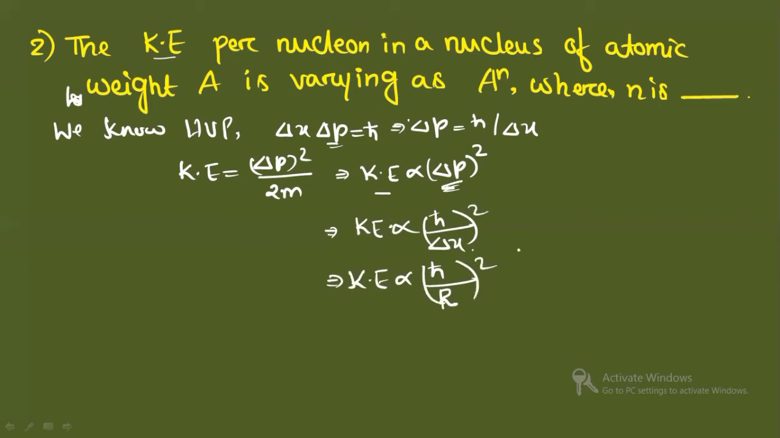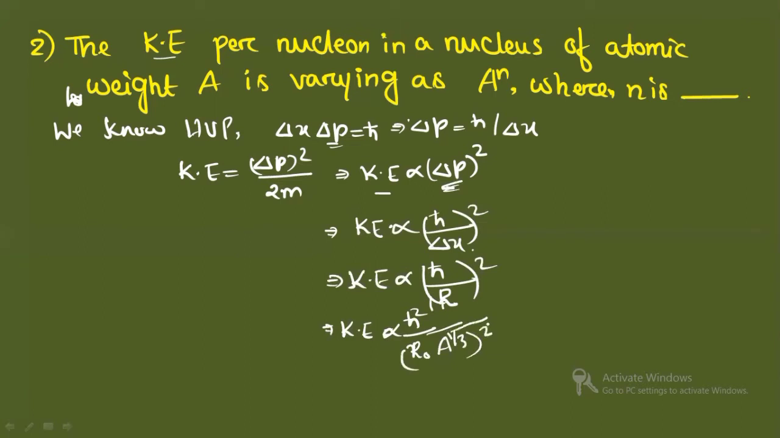All right. Now here I have ignored 2 just because 2 is a constant. We just need the proportionality. Now you see the kinetic energy is proportional to ħ square upon R square, where R is the nuclear radius. And you can write R as R naught A to the power 1 by 3